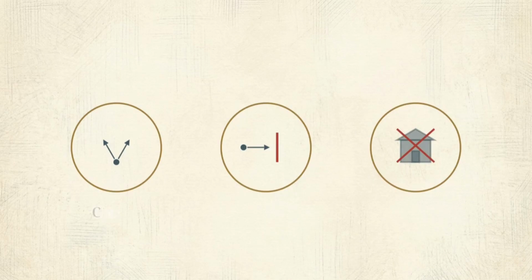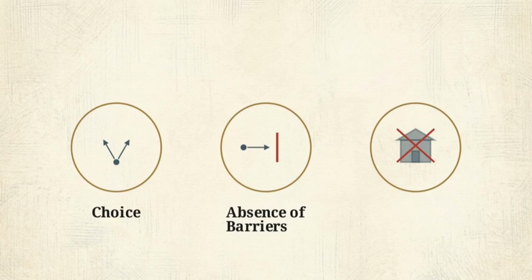The first scenario represents liberty as choice, an agent making a free selection between options. In the second scenario, the choice exists, but an external constraint blocks the path. Liberty is denied by the interference of the state. The third scenario reveals a lack of enabling conditions. The legal right is present, but the physical absence of the school makes that right illusory.